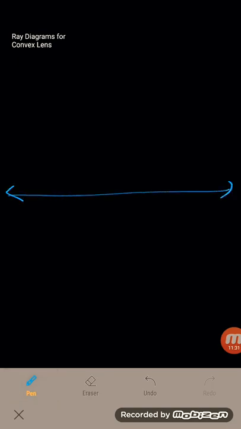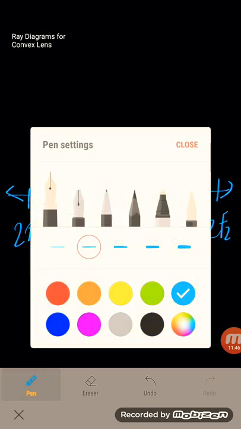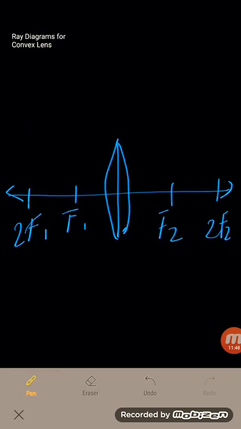So the object is at f1, guess what, image will be where? Have you guessed? This is f1, this is 2f1, this is f2, this is 2f2, and we are keeping our object here at f1. So it's straight parallel,